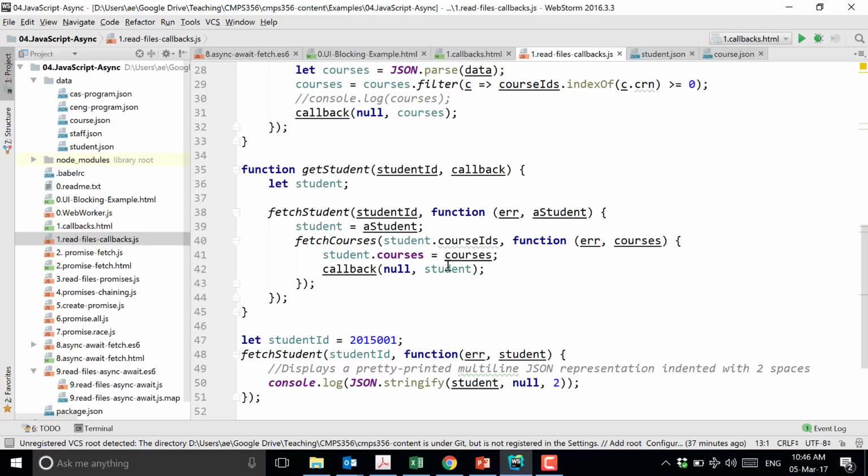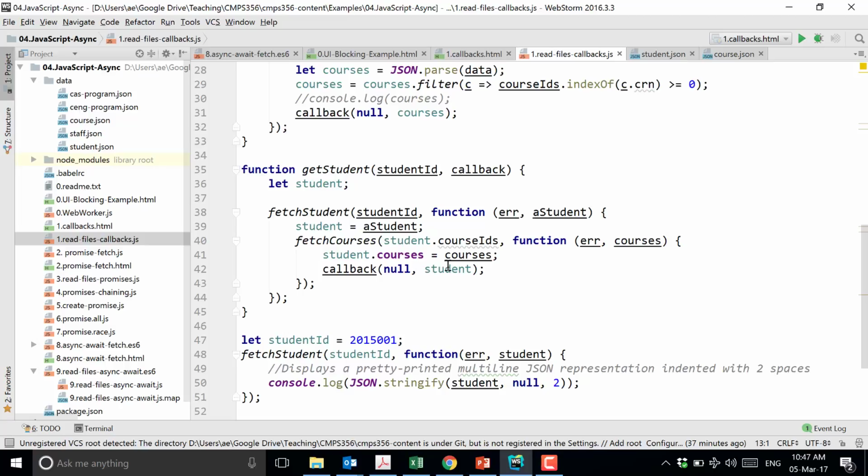And if you do it, your code will be growing this way, like a pyramid. Callbacks are one way. There are many styles or ways of doing asynchronous programming. The first way that developers invented was using callbacks. Another, better way that we will further emphasize in our course is called a promise.